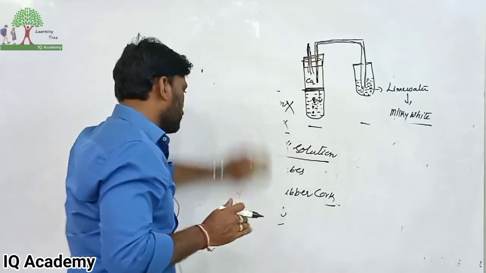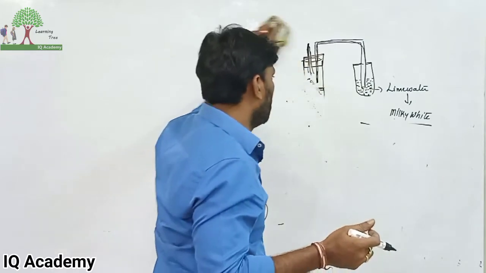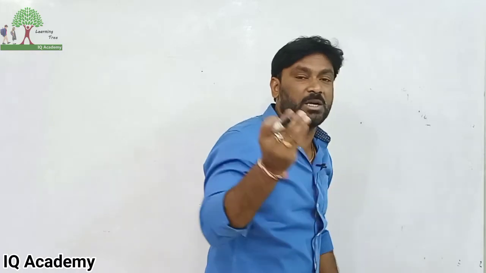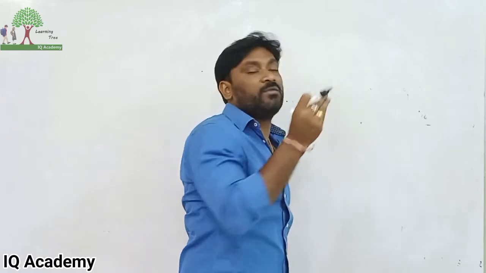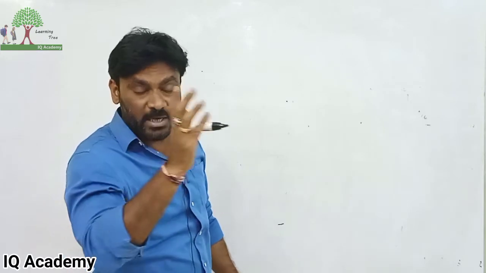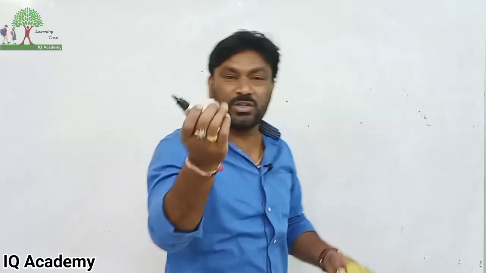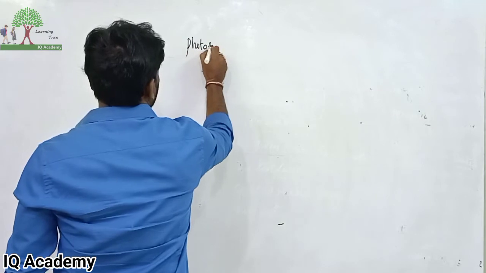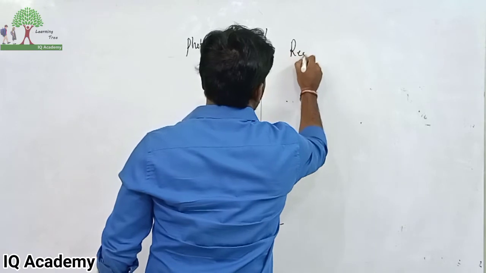So today we discussed aerobic respiration, anaerobic respiration, and experiments. Carbon dioxide is released during respiration in plants, heat is released during respiration in plants, as well as another experiment we discussed about the fermentation process and the combustion experiment. 4 experiments we discussed. And here, what is the difference between photosynthesis and respiration? Very important. What are the differences between photosynthesis and respiration? Very important topic.